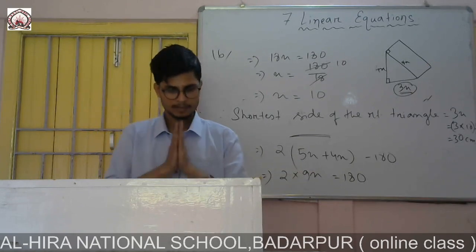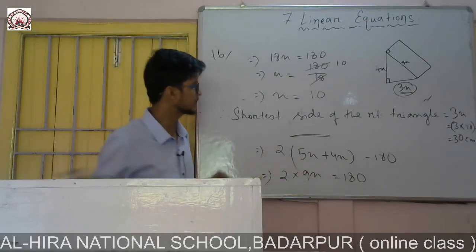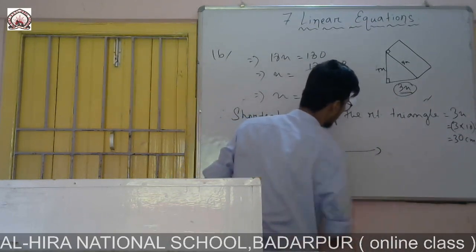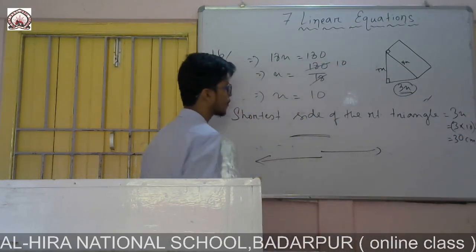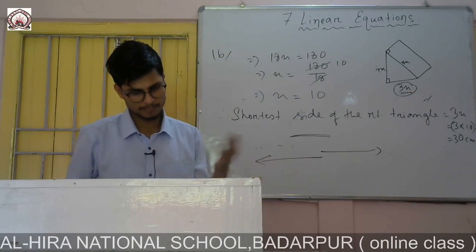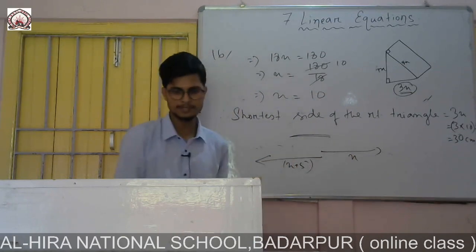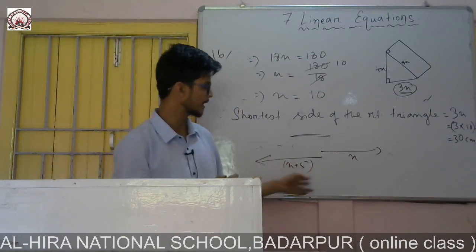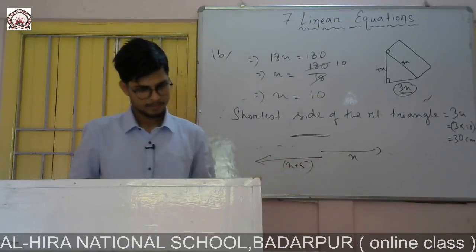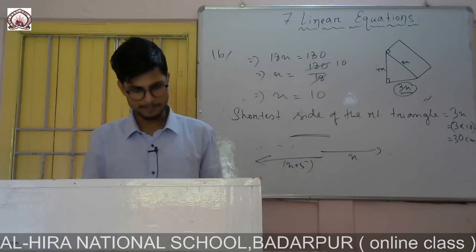So two cars leave at the same time and travel in opposite directions. That means if one car moves in this direction, then the other car moves from the same point in the opposite direction, and the speed differs by 5. If I write one as x, then the other will be x plus 5. It is moving 5 km per hour faster. If it is 20, then it will be 25. If it is 30, then this car will move at 35. So there is a 5 km per hour difference in speed.